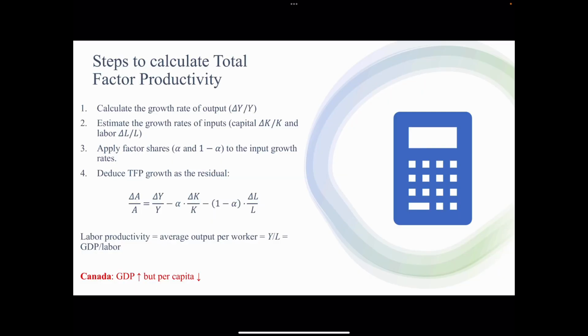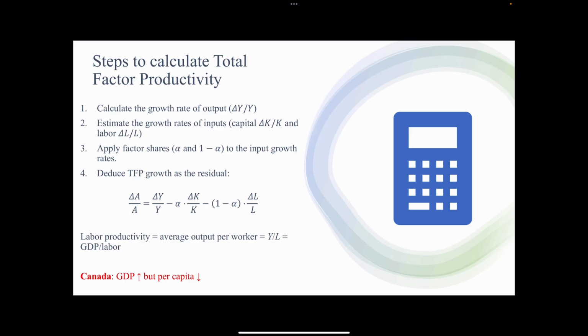So how do we calculate total factor productivity? First, we calculate the growth rate of output, the change in Y over Y. Then we estimate growth rates of inputs, the change in capital over capital, and the change in labor over labor. Then we apply factor shares, alpha and 1 minus alpha, to the input growth rates. So recall the Cobb-Douglas production function, A equals K to the alpha, L to the 1 minus alpha, where alpha is the